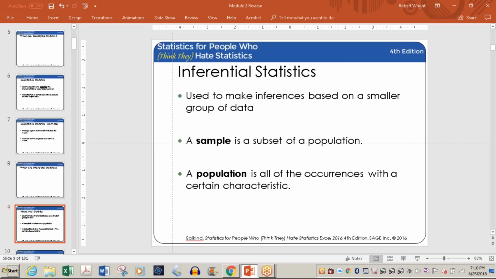And again, whenever you do a survey, you don't generally deal with a whole population. You deal with a sample. So you're taking that smaller sample, that subset of the population, and you're saying, what happened to this sample I think is also going to happen to the entire population within a certain degree of error. And so you're making inferences. You're saying this happened here in our study, and we're going to infer that that same thing would happen amongst the general population, whatever that characteristic is.